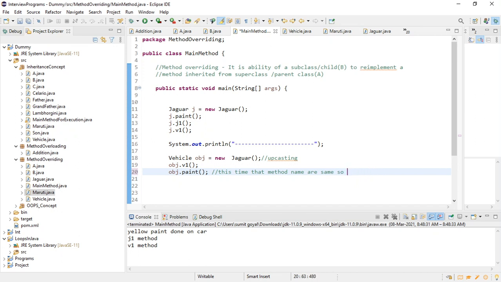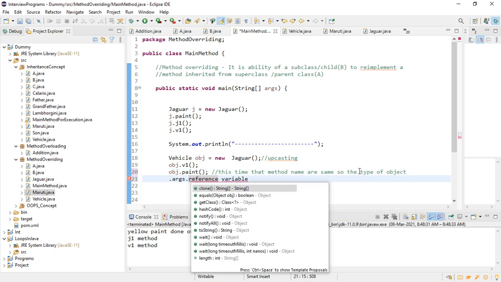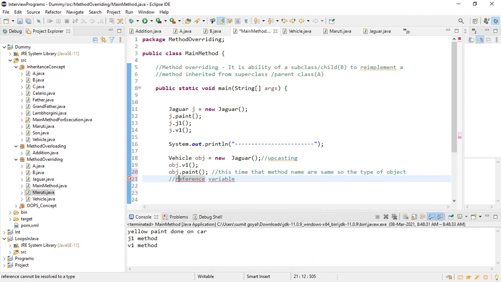So the type of object the reference variable will have, that method is going to be called, right?